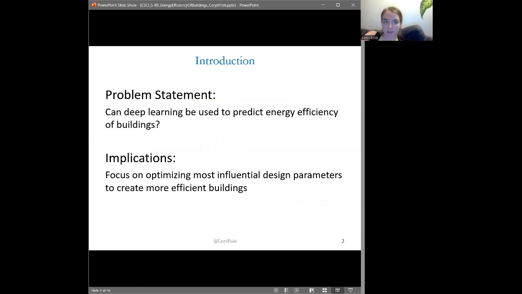With rapid population growth around the globe, there's many practical issues regarding resources, one of which is energy. By better understanding the energy efficiency of buildings, we can create more sustainable buildings to help control energy resources. For my project, I chose to look at whether deep learning can be used to predict the energy efficiency of a building from the design specifications. This can help identify the most influential design parameters and therefore optimize the design process to create more energy efficient